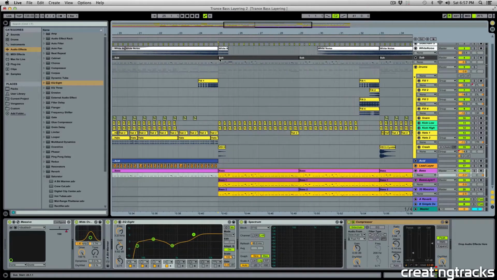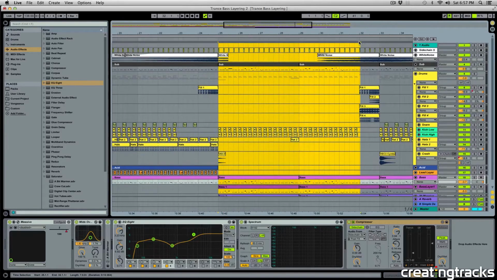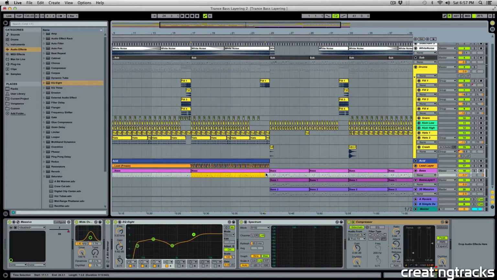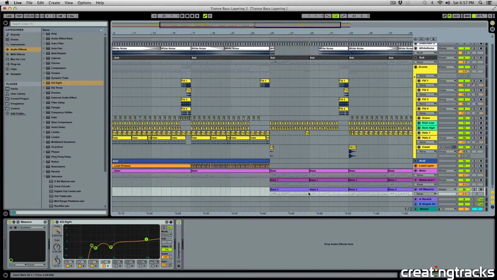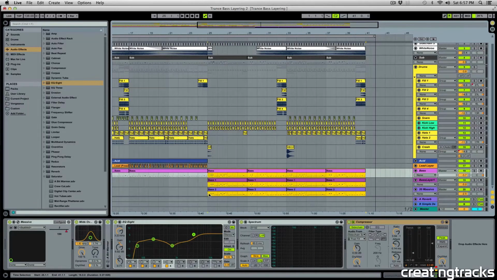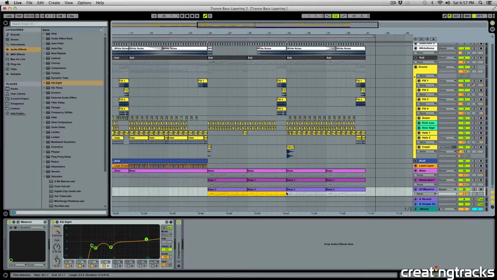So we have three basses playing at the same time. And before this part even begins, you can see that they're all playing at the same time. And then over here, only one of them is playing. And then they all get introduced at the same time. And this way it can start sounding repetitive too soon. So what we can do is I'm gonna select these first two clips and delete those. And now if I hit play,